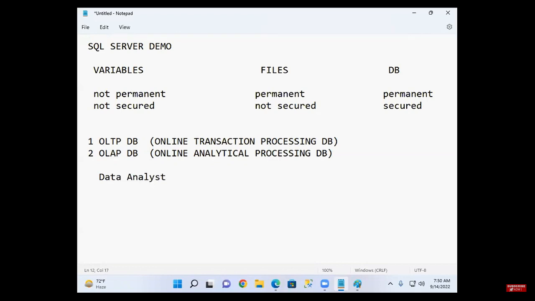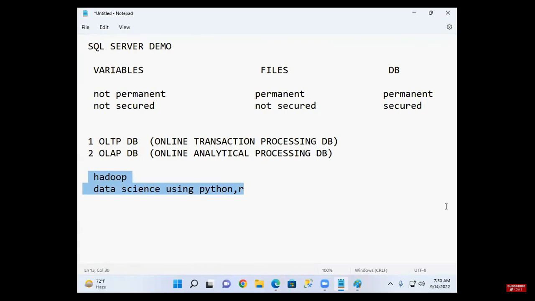Data analysis is playing a big role in industry nowadays. That is the reason these technologies came into the market. Why did Hadoop come into the market? Why did data science come into the market? Data science using Python, R. Why did these technologies come into the market? What are these two?